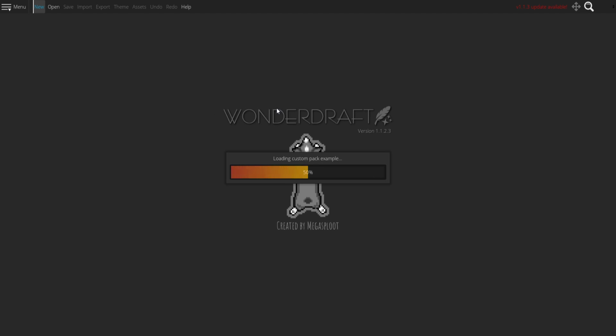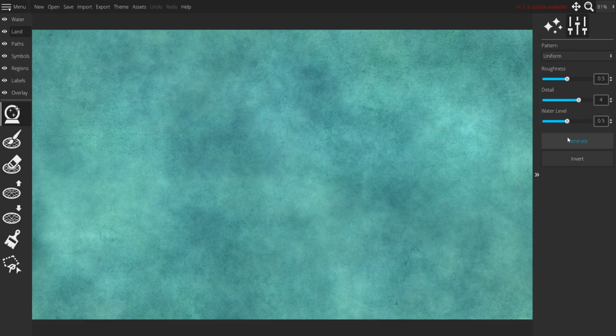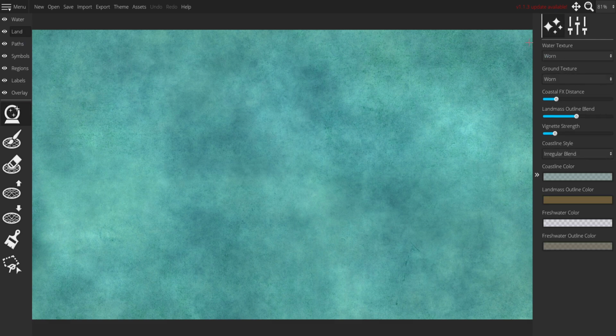It's very early today, like 7:30 in the morning. I just have a mood to draw a map. I'm gonna go with a continent map today. But before I do that, I do want to really quickly